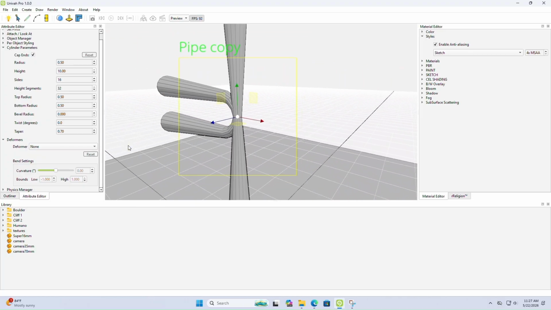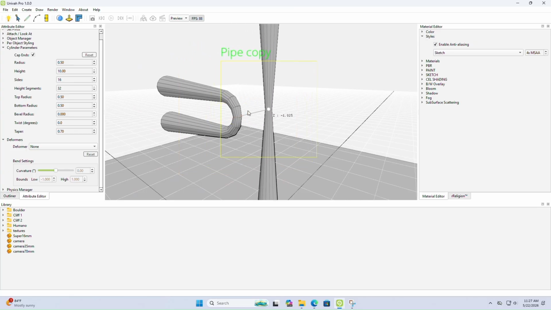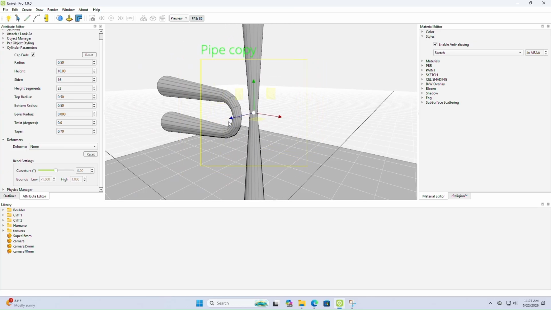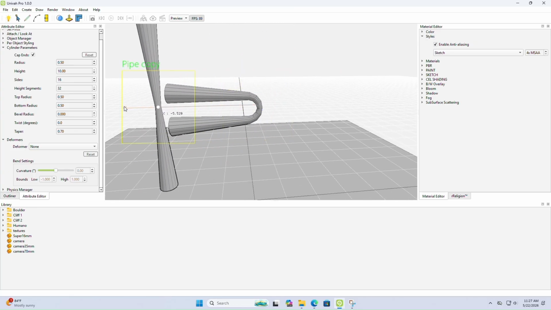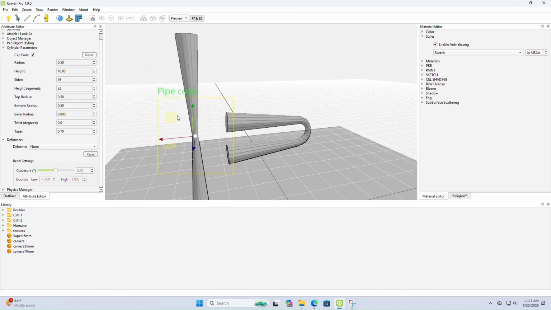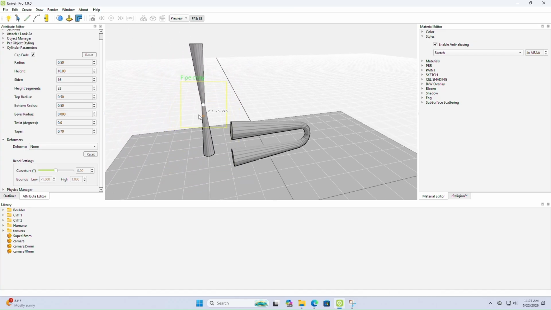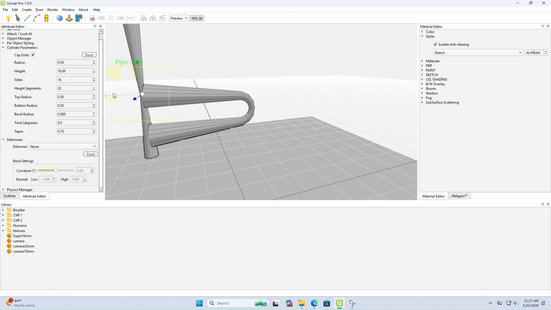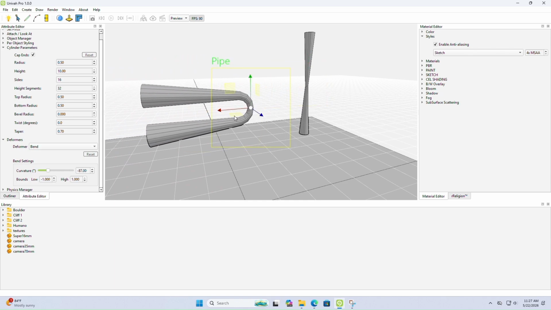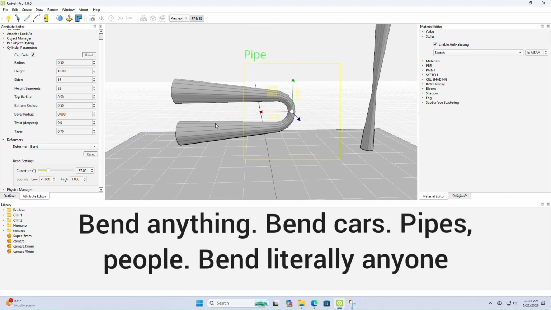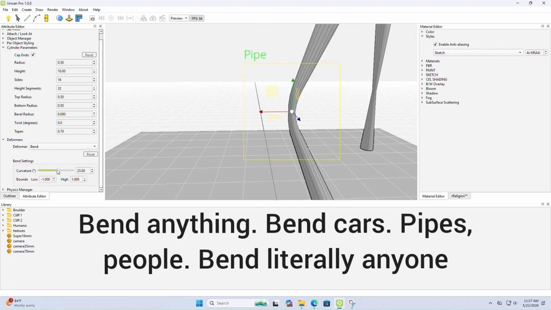Opening these two tabs next to each other, really simple. Click Control F to duplicate that, and now you have a copy of that pipe. And now you can do as much as you want. You can create an entire pipe system for a house using this technique. So it's incredibly easy to do, and we really want to make a very clear statement with this software,